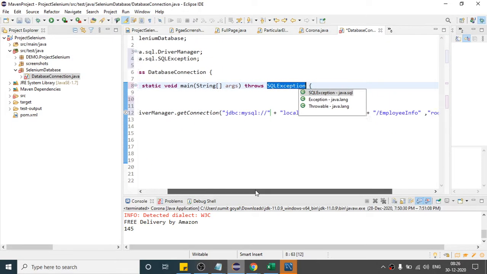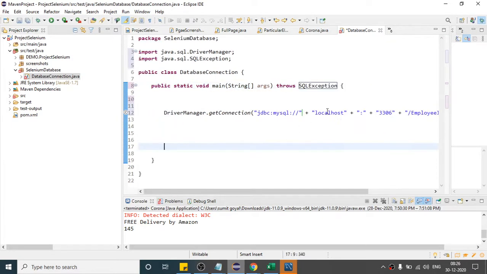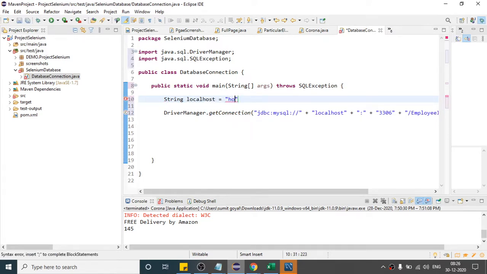And what I will do, instead of providing the localhost here, I will create one variable equals to host. So you can write it directly as well. Localhost in the sense our local machine, as I am working on my local machine.